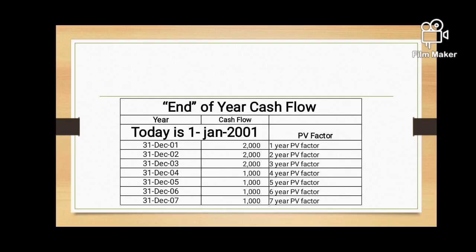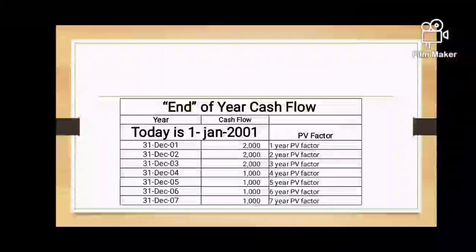Now let us compare if the cash flow which company is going to pay is at the end of the year, which is ordinary annuity. As you can see on this slide, today it is 1st January 2001, and the first payment which we are going to receive will be on 31st December 2001. So actually we are 1 year away. So the first 2000 itself will be multiplied with 1 year factor, because today we have to purchase this investment, and the first payment we receive on 31st December, which is 1 year away from the present term. So first 2000 will be multiplied with 1 year factor, second 2000 rupees will be multiplied with second year factor,